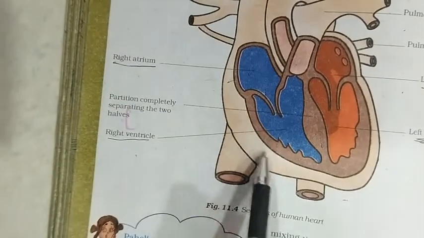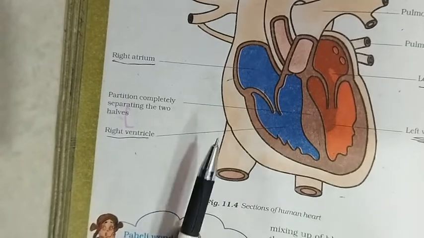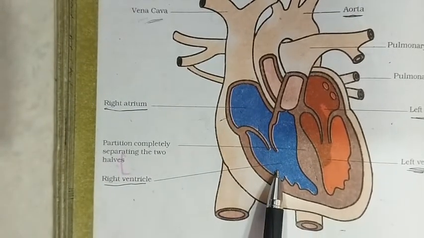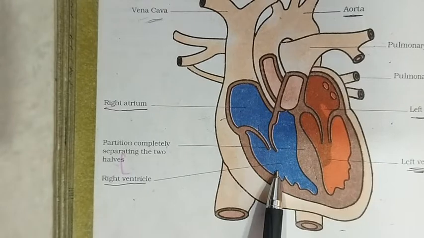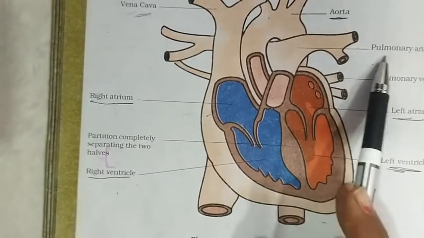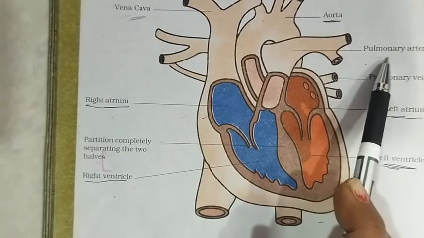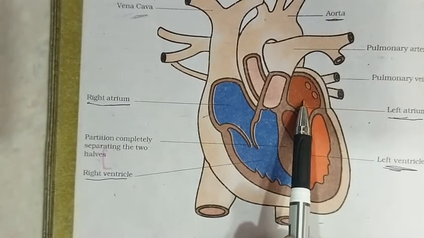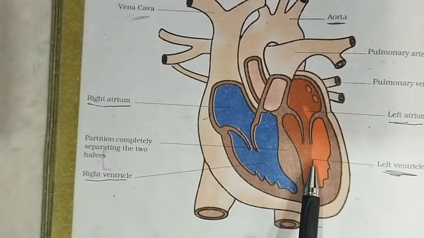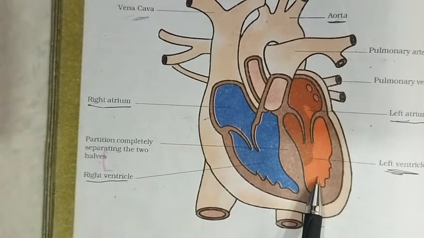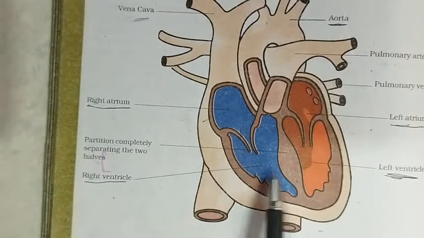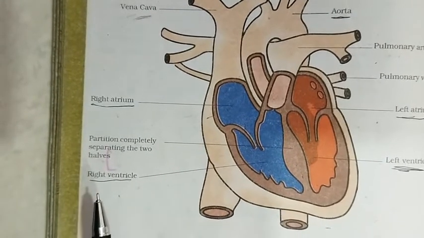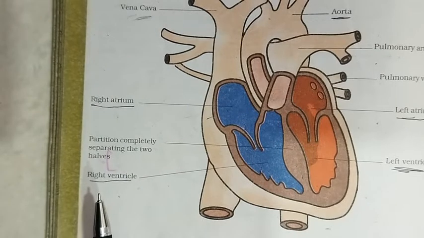Now let us make it more clear with the help of the diagram. As I told you, till here impure blood reaches here. Now from here it is carried to the lungs. With the help of which thing is it carried to the lung? With the help of this pulmonary artery. Okay, in the lungs purification takes place, then it comes here in the left atrium, then the left ventricle, and from here the aorta distributes it to all parts of the body. I hope you understood about the working and structure of the heart.